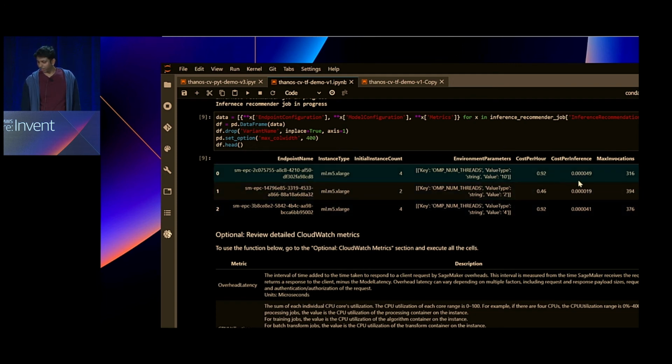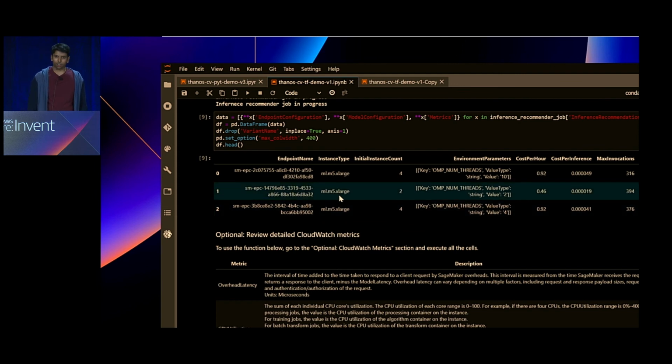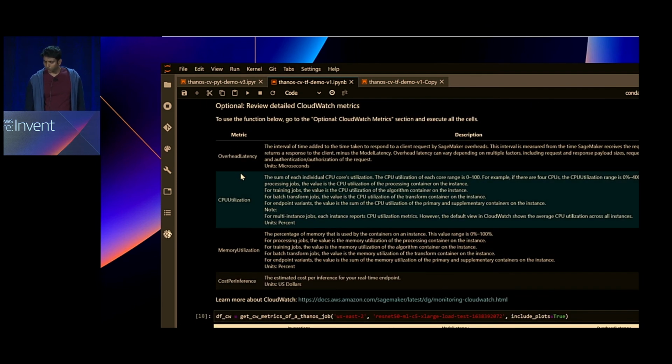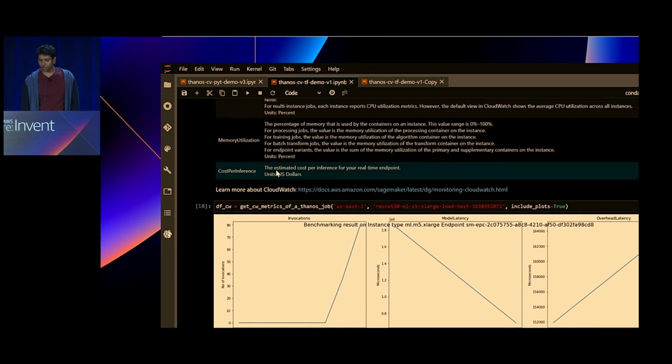And it's actually interesting that this is an M5 X large instance, so it's 4 vCPUs, but the number of threads that works best is 2 here. So it's helpful if you want to vary different parameters in your container and figure out what's optimal in terms of throughput or latency for your use case. And we have all of this in the notebook in GitHub, but also want to quickly show you that